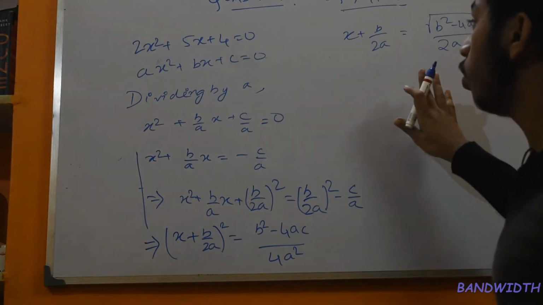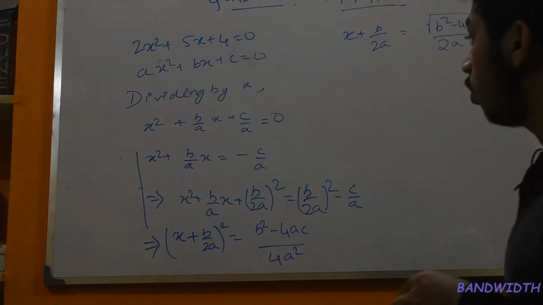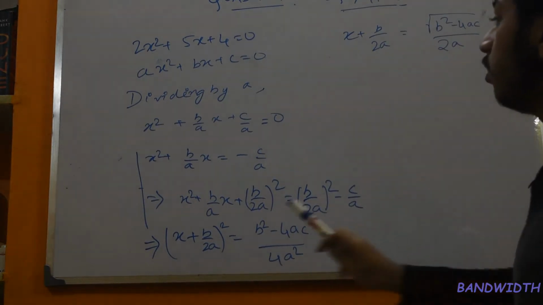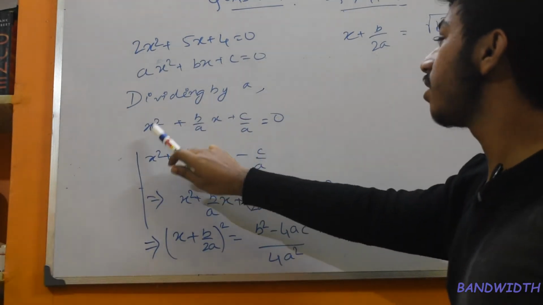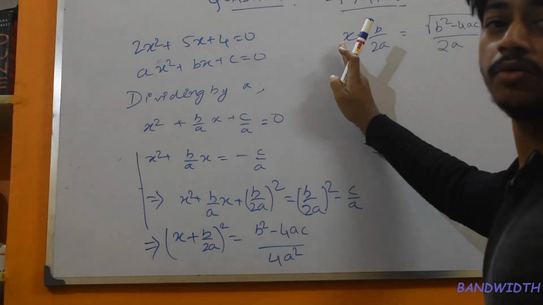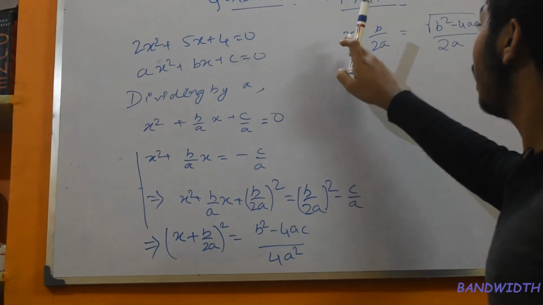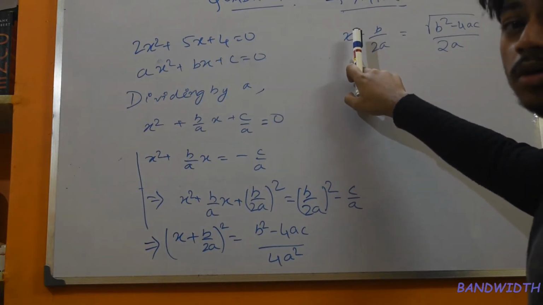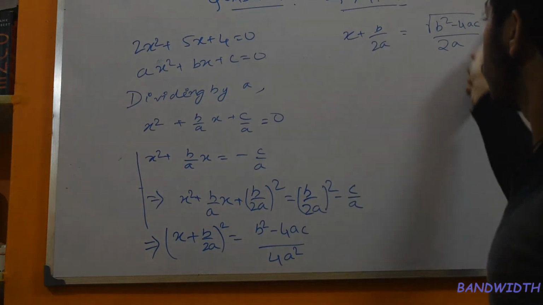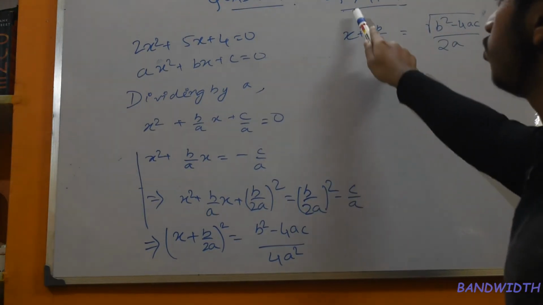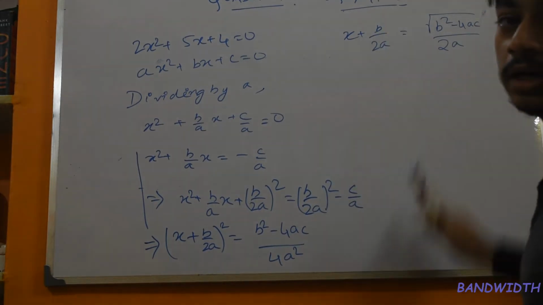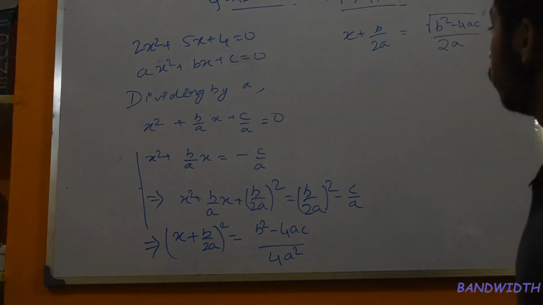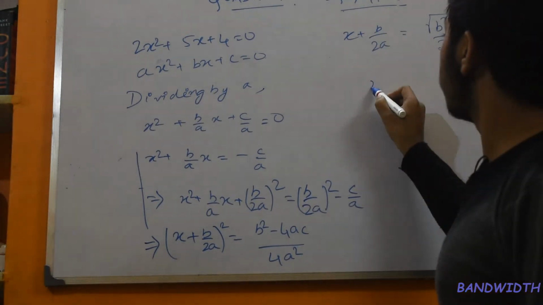All this time you have been trying to separate x completely on a single side with no power except 1. That was your target. Now see, in this whole thing there is only x to the power 1 on one side and nothing else, right? So keeping x on one side, we get